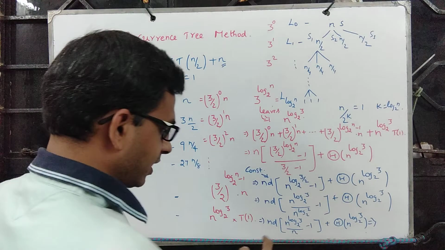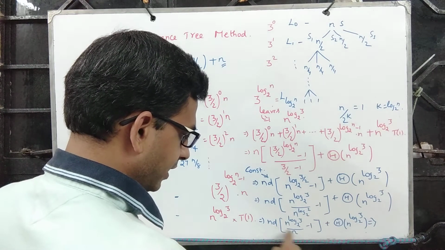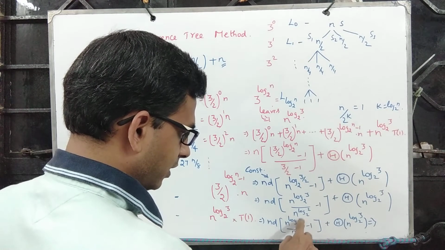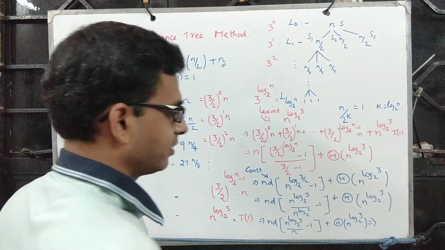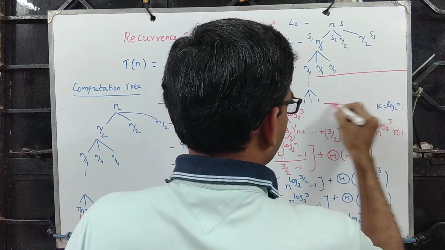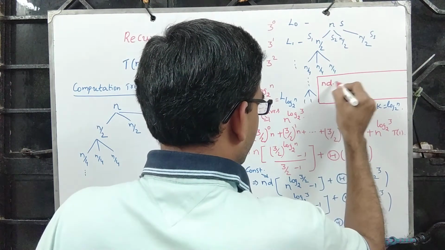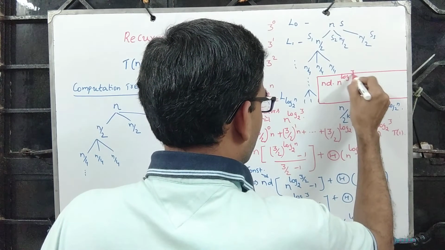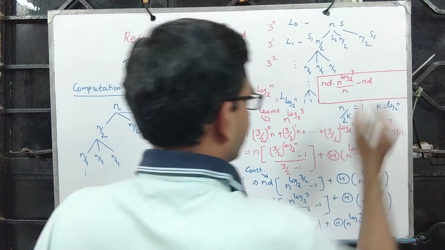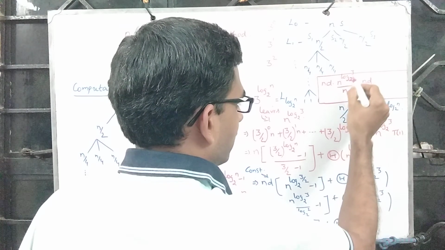Now you can see that when you multiply this inside, this n and this n will get cancelled. You will have constant times n to the power log 3 base 2 minus nd. Correct? And let me write it here. So that would be nd times n to the power log 3 base 2 divided by n minus nd. Correct? Now n will get cancelled,